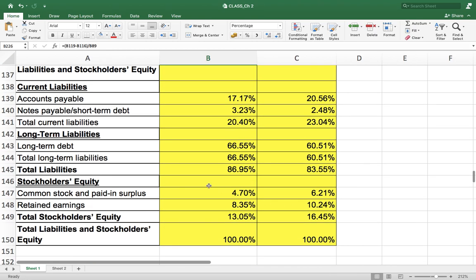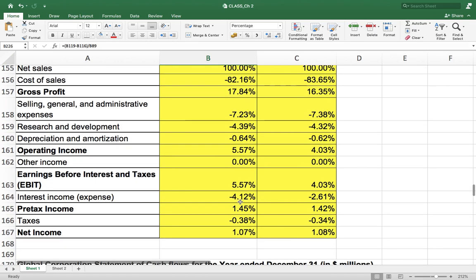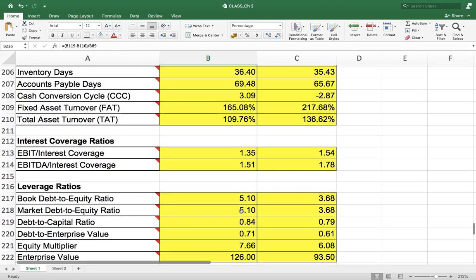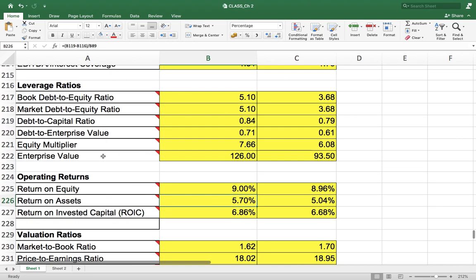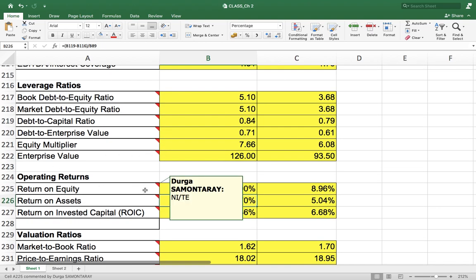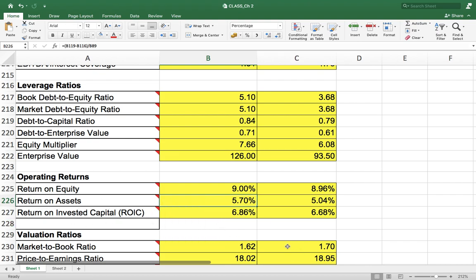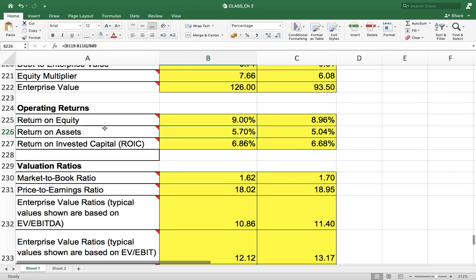You can go through the balance sheet here. Long-term loan increased from 60% to 66.55%. Around 6% loan increased, so the interest percentage also increased by around 2%. Therefore, the pressure came there. That's why when we are talking about operating returns, return on equity, return on asset, ROIC, all these things got improved in 2016 compared to 2015. Because in the total asset ratio, in the numerator we add the interest expenses.